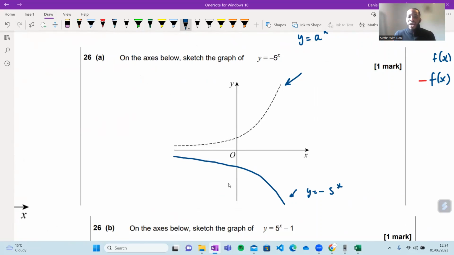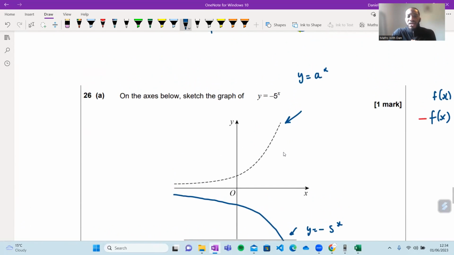Now, I've got another question for you guys. Can somebody tell me what the y-intercept is of an exponential graph? What is the y-intercept always of an exponential graph? Right. Thank you very much, AJ. It's 1. And if you didn't know it, how do you work it out? Well, the y-intercept is when x is equal to 0. So, for example, this one here, y is equal to a to the power of 0. Anything to the power of 0 is 1 due to our index laws. So therefore, it's just a 1 here.